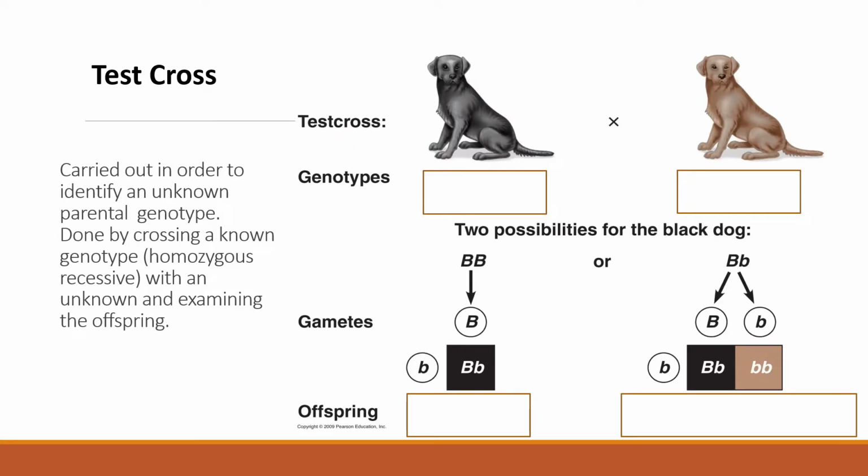We talked about a test cross: I don't know if this puppy is pure breeding or heterozygote, so we cross it with a known genotype, homozygous recessive. If the recessive allele shows up again in the F1s, that tells me this dog is actually heterozygous, not pure breeding. But if the dog was pure breeding and we cross that with a homozygous recessive,